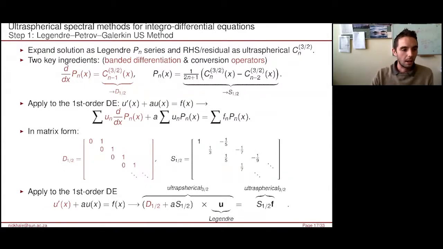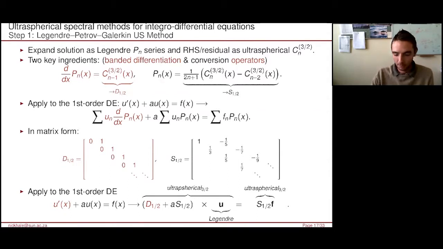But so first I need to deal with that left-hand side, right? So we needed to now work with the Legendre basis rather than the Chebyshev basis, but the idea is exactly the same. So I'm going to expand my solution as the Legendre series, my right-hand side is some ultraspherical series, and we end up with